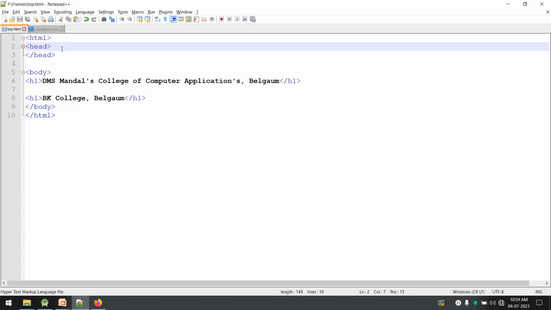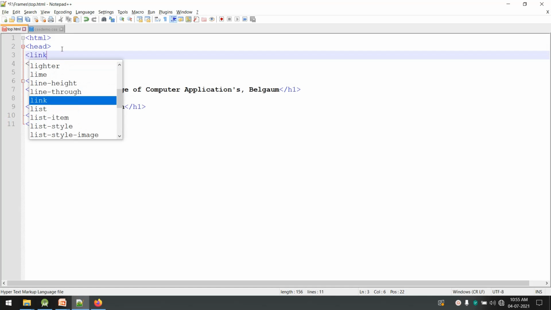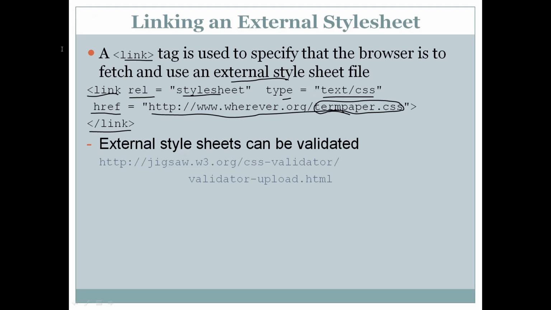How to link it? In the head section again, we have to use a tag called link. This link tag has three different attributes: rel, type and href.